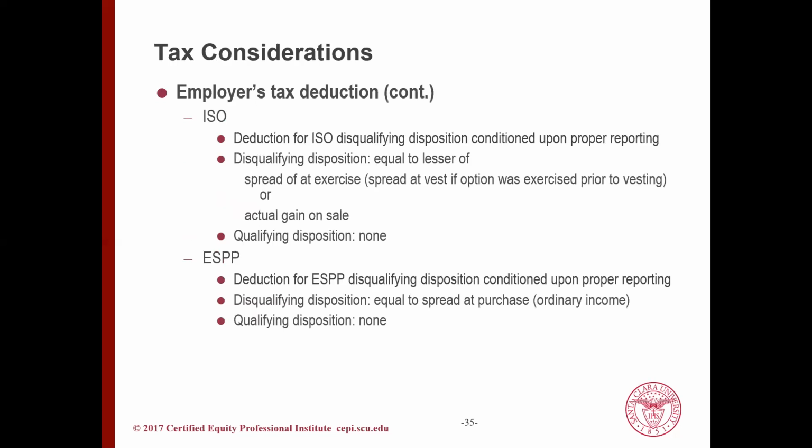Continuing on, for ISOs, the employer will receive a tax deduction for an ISO disqualifying disposition conditioned upon proper reporting into the employee's W-2. For a disqualifying disposition, the deduction is equal to the lesser of the spread at exercise, the spread at vest, if the option was